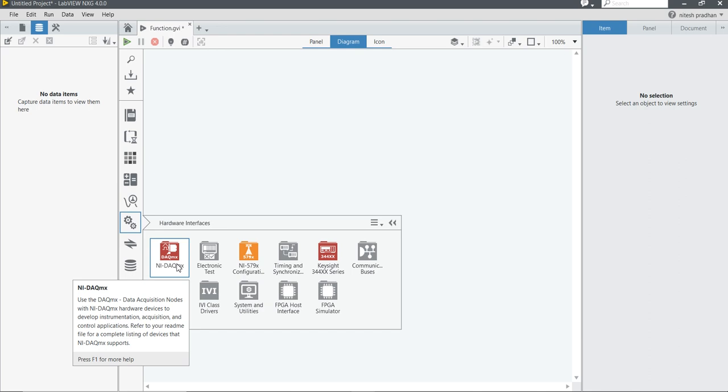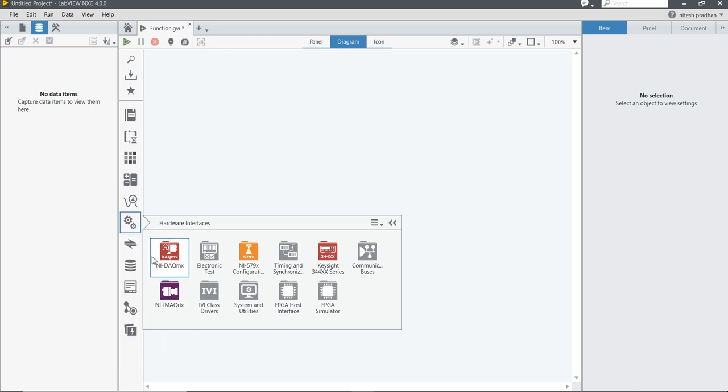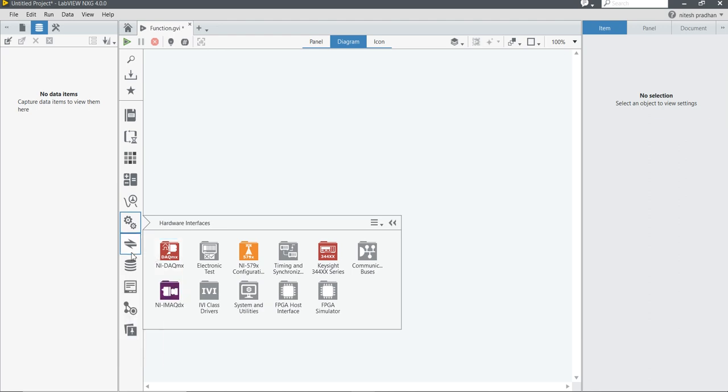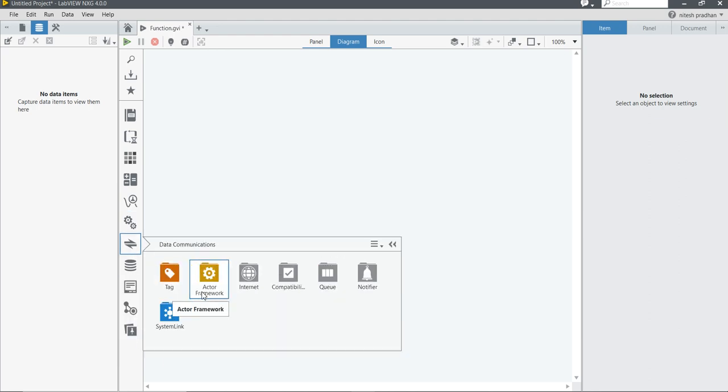We will see how we can utilize these things and acquire data in the next few videos. After some videos, when you are completely able to design and run a basic program, then we'll come into the data acquisition platforms. After that, the text actor framework, internet connectivity, and other things are available.